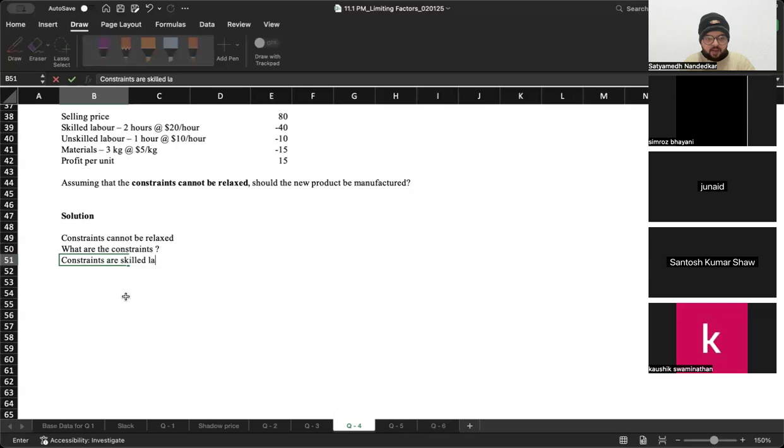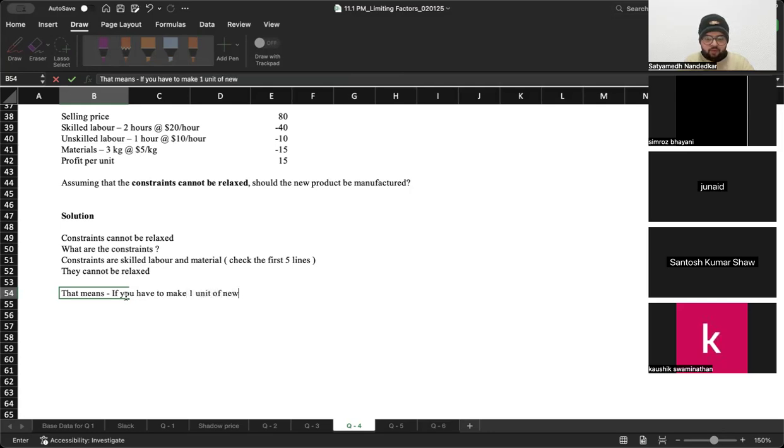Constraints are skilled labor and material. Check the first 5 lines. Skilled labor and material are limited and they cannot be relaxed. What does that mean? If you have to make one more, if you have to make